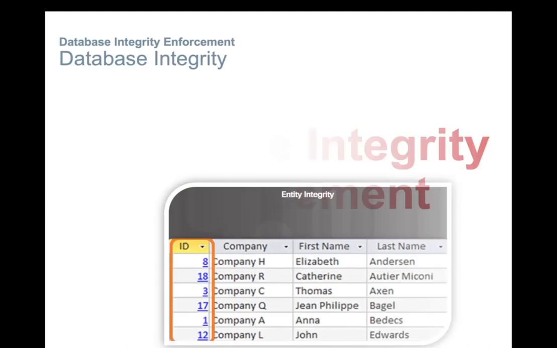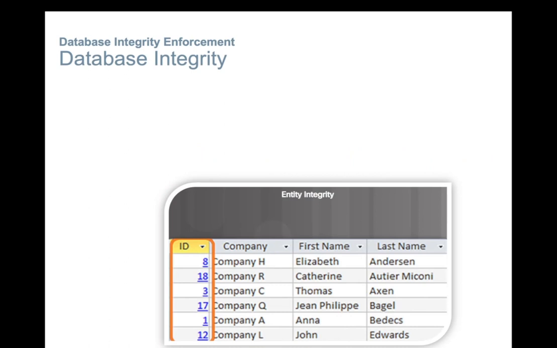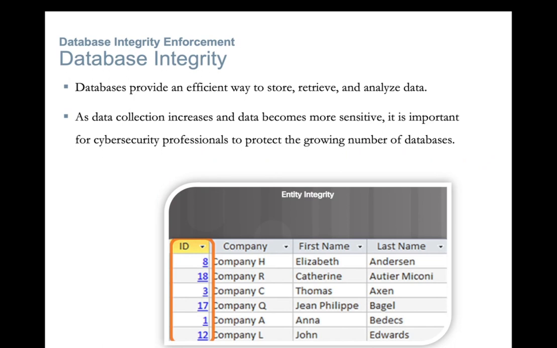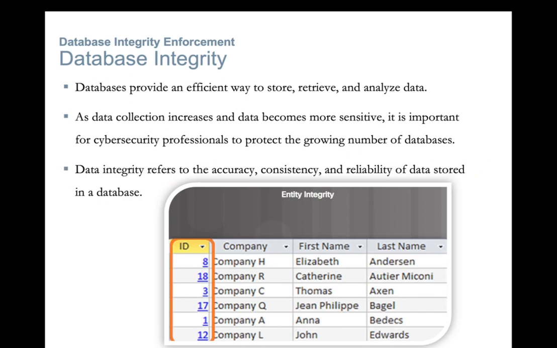As data collection increases and data becomes more sensitive, it is important for cybersecurity professionals to protect the growing number of databases. So think of a database as an electronic filing system. Data integrity refers to the accuracy,